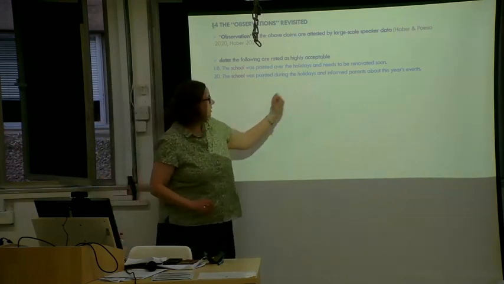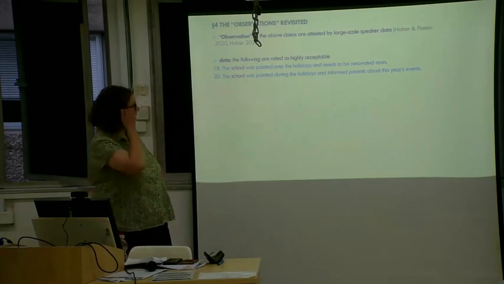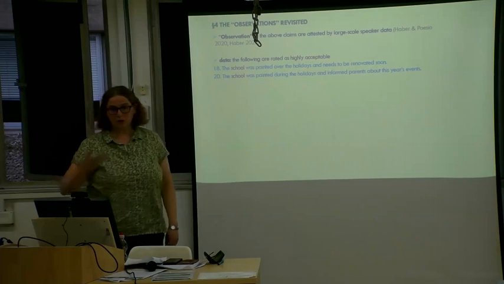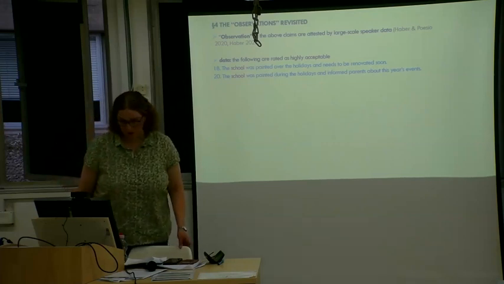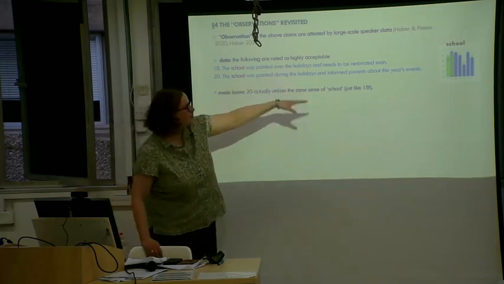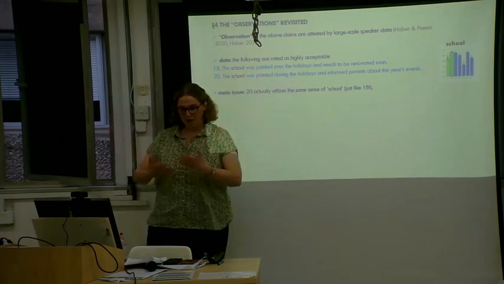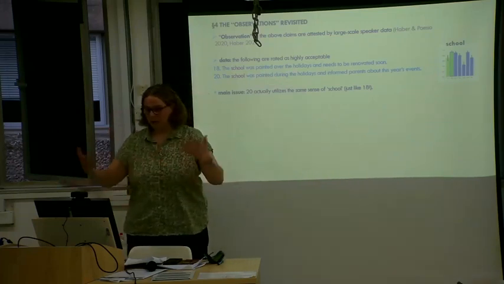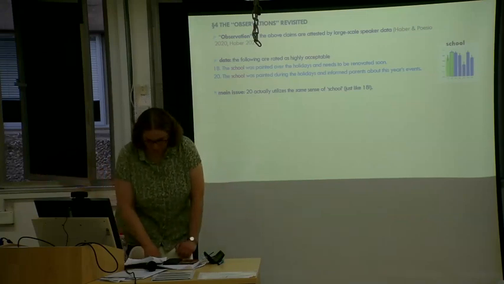So this is obvious for the second conjunct. And we argue that the first conjunct also has an interpretation where the school picks out an institution. The institution can be painted over the holidays in virtue of the corresponding building being painted. Okay, so the point is that really sentence 20 should also be marked as one of these green columns where we're just using the same sense twice over. And then it's no surprise that the sentence is highly felicitous.